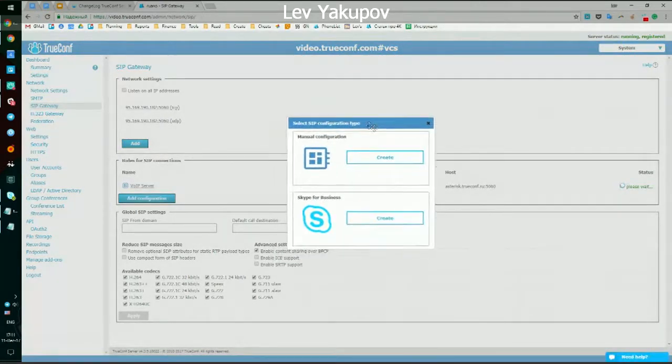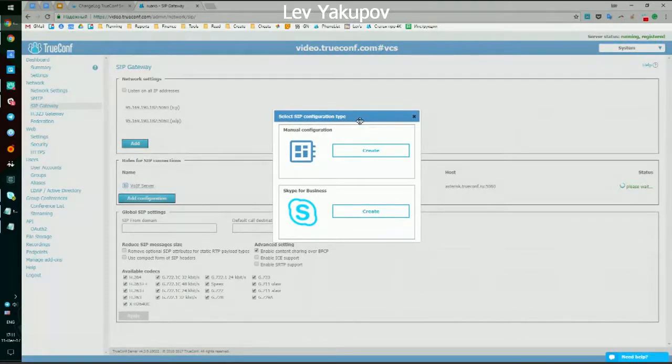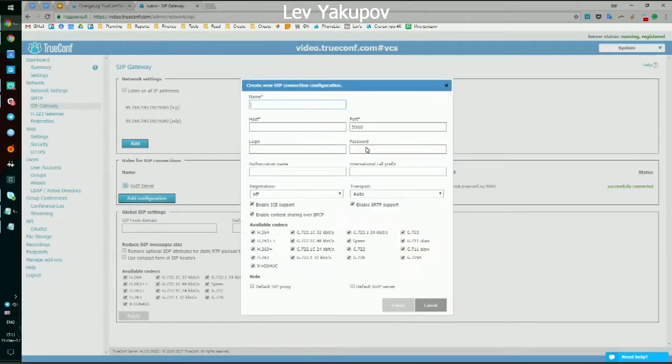You create a configuration by selecting the template for it. For example, I'd like to create a configuration for some existing legacy endpoint. Click Create. For example, I can name it, let's say, Lync